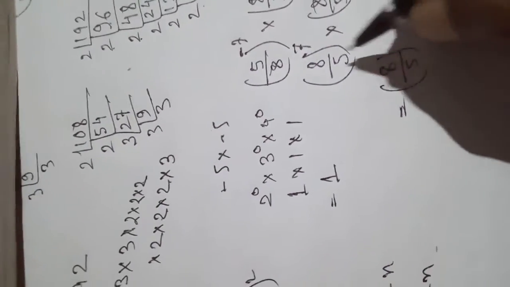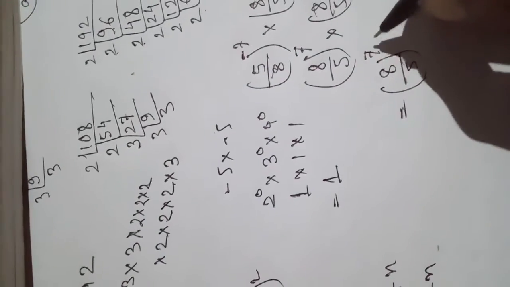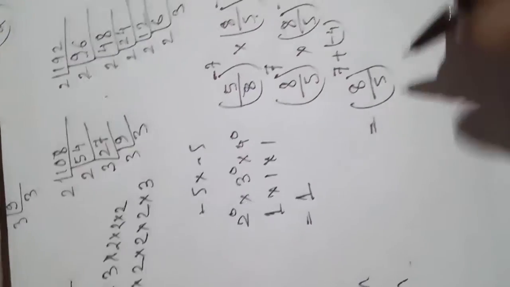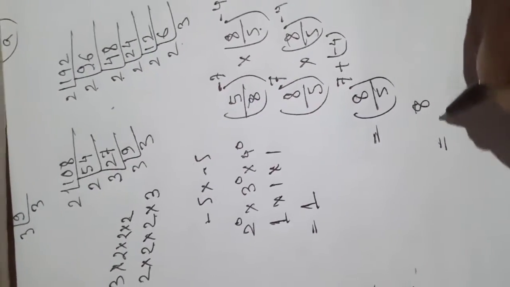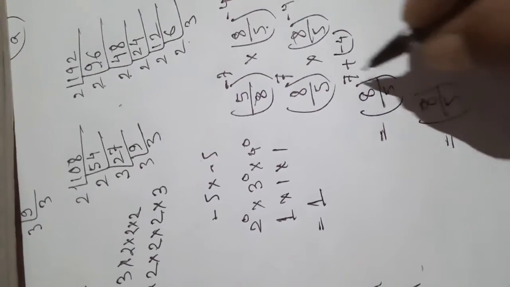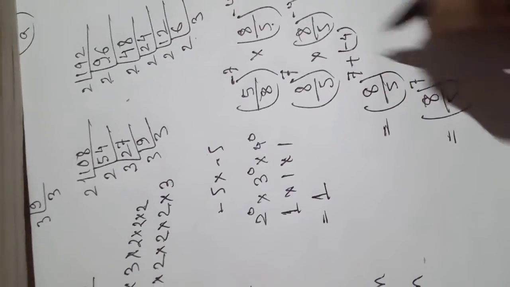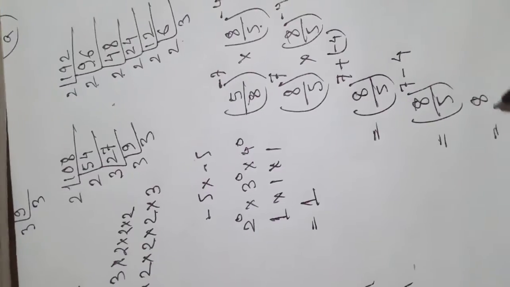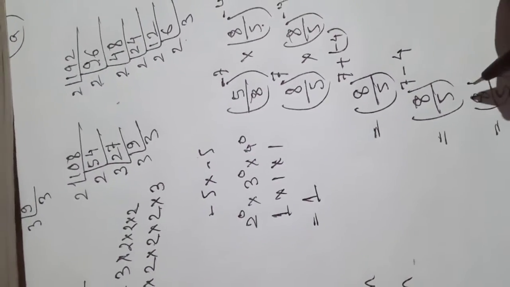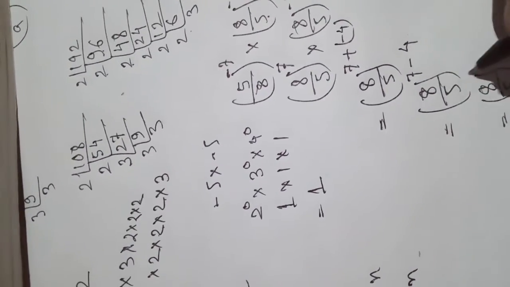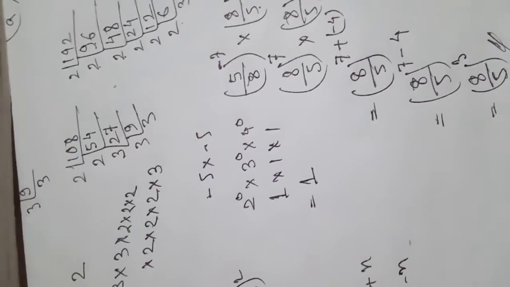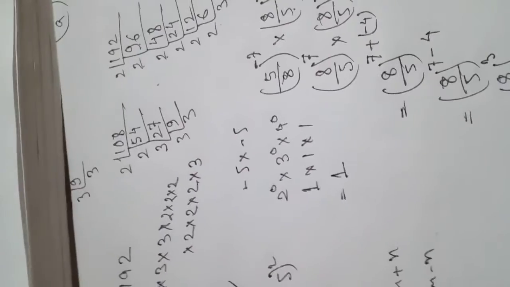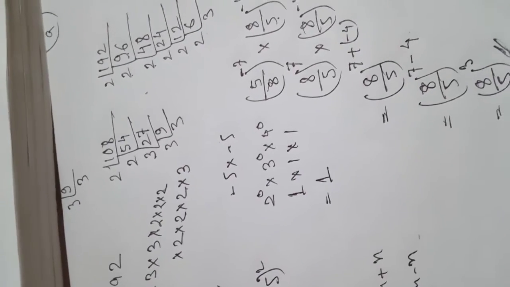Now see this one, 8 by 5 in place of a, here there is 8 by 5. Then we have to add the powers, 7 plus, here this one is minus 4. Put one bracket here, then it will become 8 by 5 whole to the power 7 plus into minus became minus, minus 4, is equal to 8 by 5 to the power 7 minus 4, is equal to 3. This is your answer. Okay, like this way. One more question is left, that one you have to do.